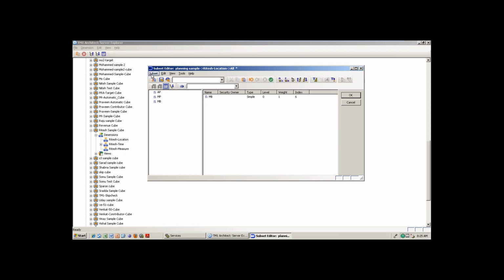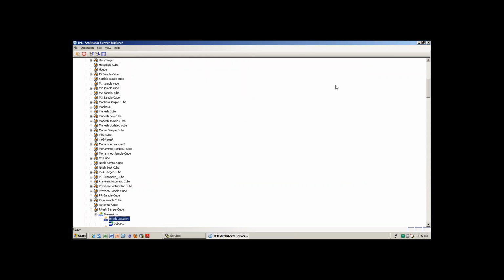Then you can save this subset as important states. Don't put private. Private means it will be visible only to you. You can only use that subset; it will not be visible to all the people. So I will not put private, and then click OK.